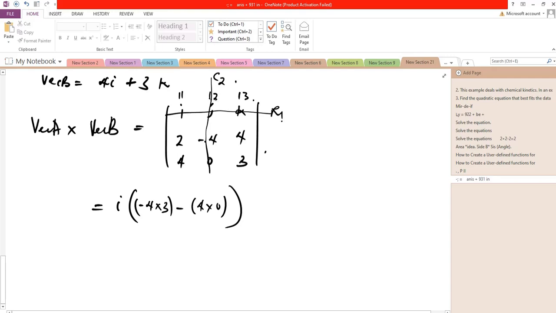If you add 1 plus 2, you have 3. So 3 is an odd number. So minus 1 raised to power an odd number, which is 3, will be minus 1